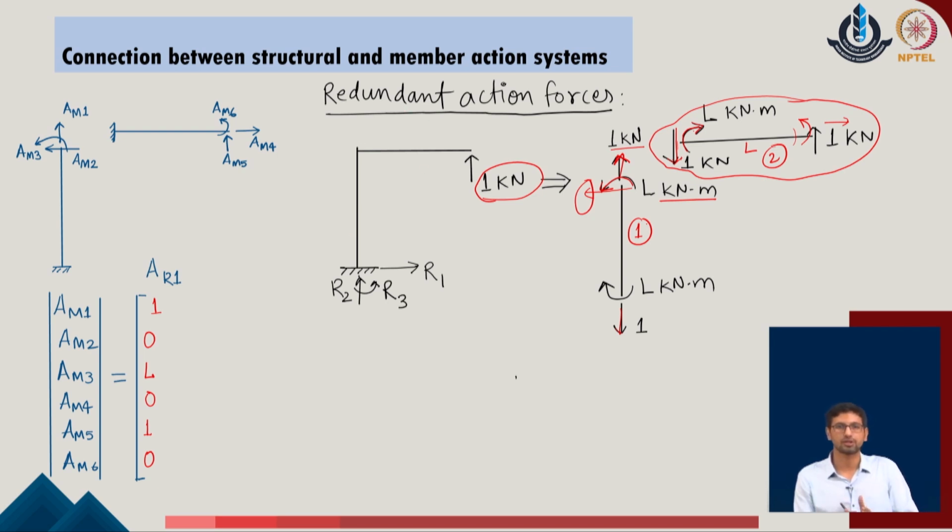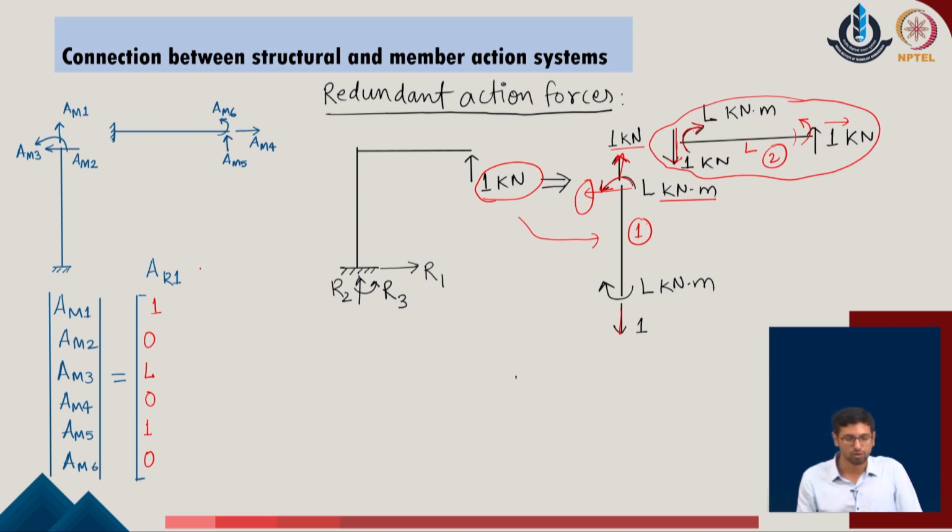So, one of the structural redundant forces has been applied in the statically determinate system, and corresponding to that I have calculated a simple free body diagram. Once I do it, I have the connection between the member system and the structural system of the given problem. Originally, for the member system, we identified that the flexibility coefficients are known to us. Now, we have also calculated how the structural system will be connected to the member system for individual loadings.